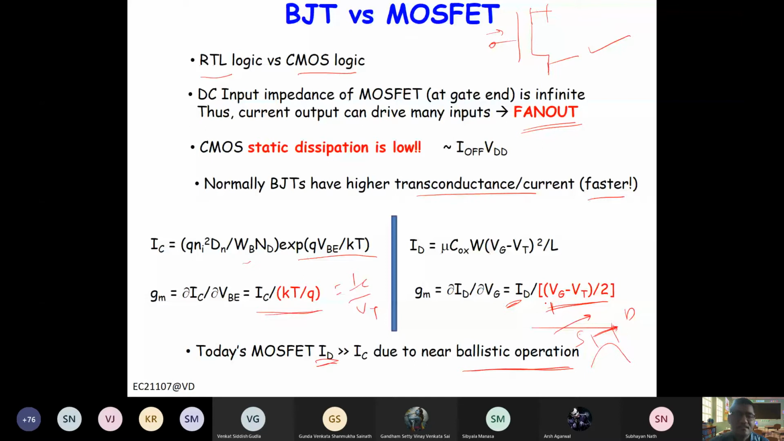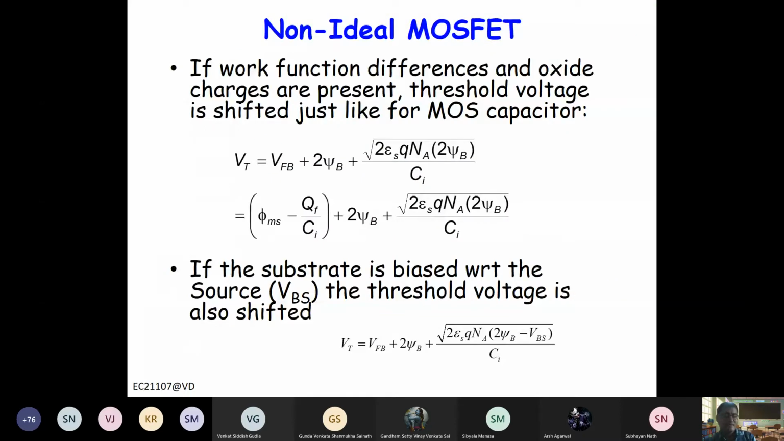Now let us discuss the non-idealities of MOSFET. So far we have discussed a MOSFET which is ideal. Now in non-ideal MOSFET, first is if there is a work function difference, and oxide charges are present, the threshold voltage is shifted, right? That we already discussed in MOS capacitor, and it is basically the same thing. So this is due to the work function difference. This is the fixed charges in oxide. This is basically the potential drop in the semiconductor, and this is due to the